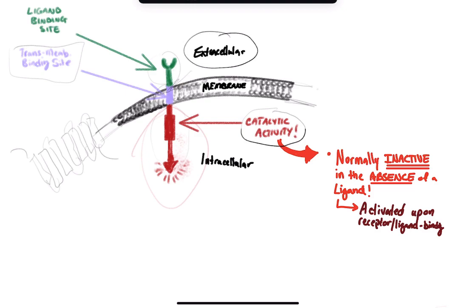We had the membrane drawn over here, right? And then we had the transmembrane site. And then over here we had the catalytic domain, this red part over here. And it's important that we realize that